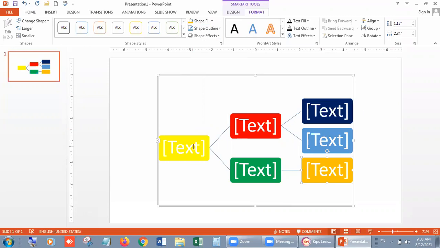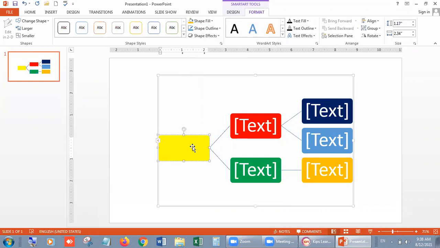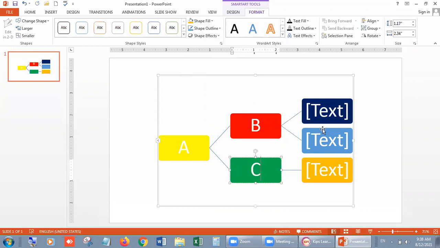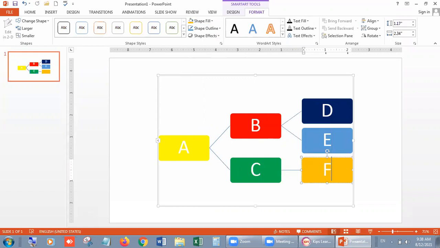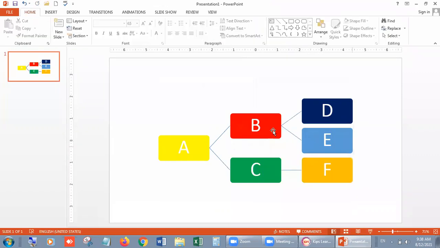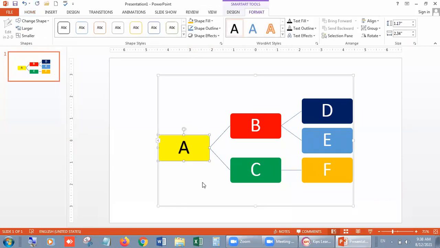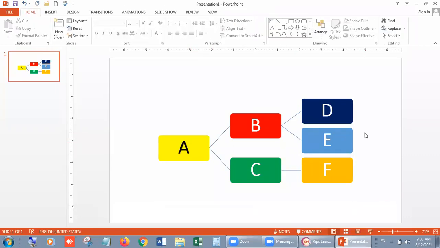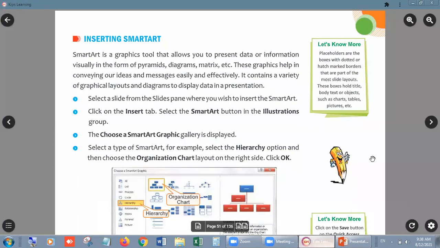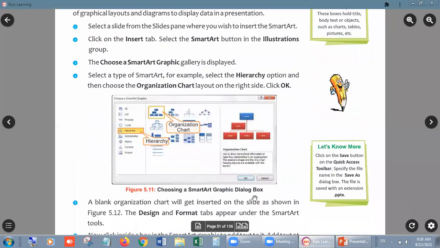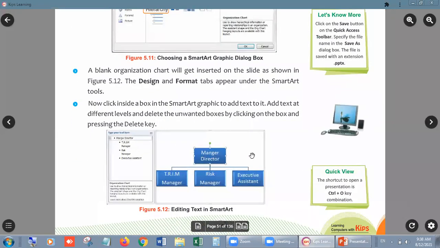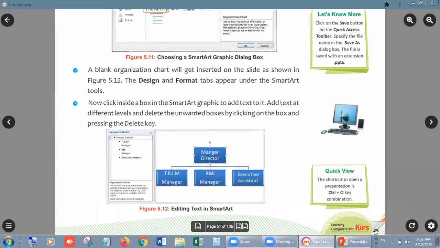Now you can see, or you can type here anything you want to type. Okay. In this way, you can add your SmartArt. Right, beta? I hope it is quite clear to you. You can see it in your book also. SmartArt. Okay. Let me turn the page,